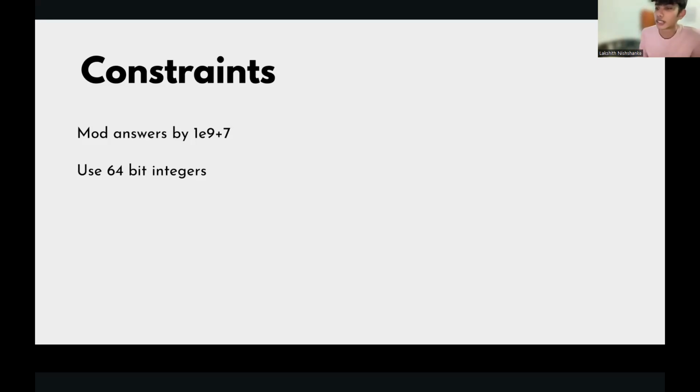But if you're using any other programming language with static types, especially C++, you have to use either 32-bit or 64-bit integers. So even though a 32-bit integer can store answers in this range, it's better to use 64-bit integers.